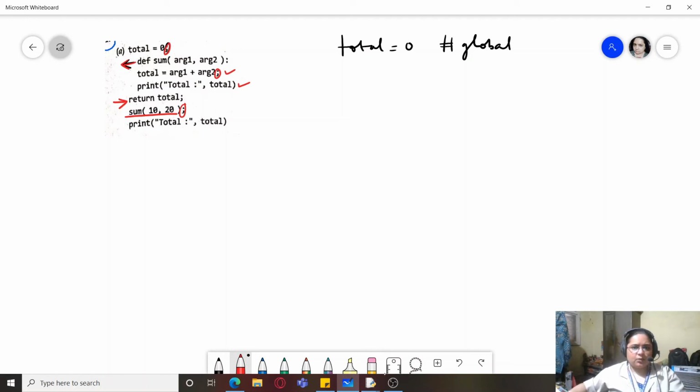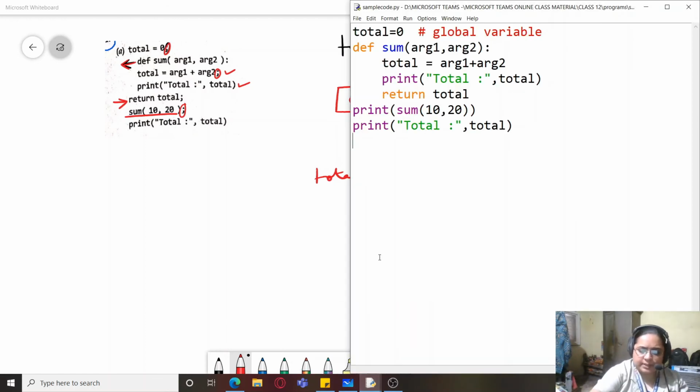So over here total is 0, that means firstly we are going to have 0, and this total is a global total. So it is stored somewhere else in the memory, so it is pointing to 0 now. And coming to the statements in a program, now I'll be copying the corrected code. So let me bring the corrected code here.